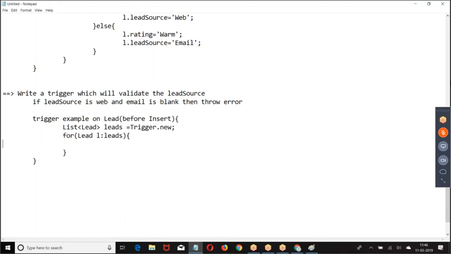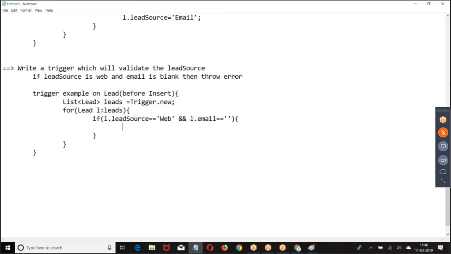Then I am verifying if lead.leadSource equal to web and email equal to blank, then throw error message. How do you throw?